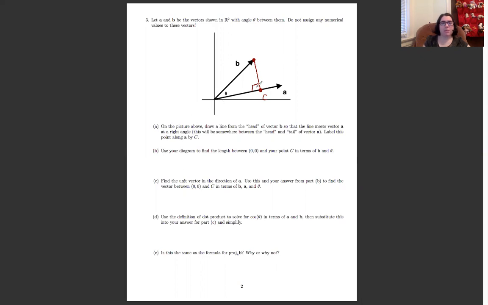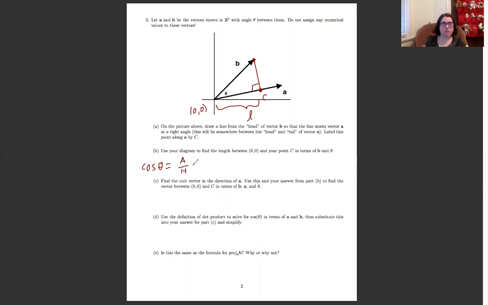For part B, we want to find the length between 0, 0, which is here at the origin, and C. For shorthand, I'm going to call that length L. And I want to find it in terms of the vector B and the angle theta. Because this is a right triangle, with a nice right angle and 3 sides, I can use sine, cosine, and tangent. In this case, I know the hypotenuse, I want to know the adjacent, so I'm going to use cosine,